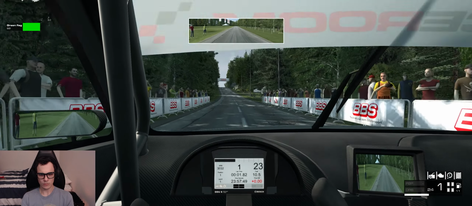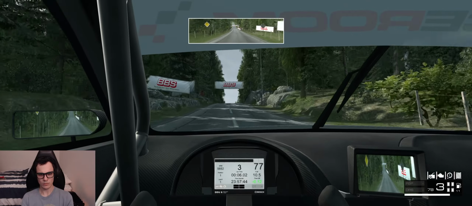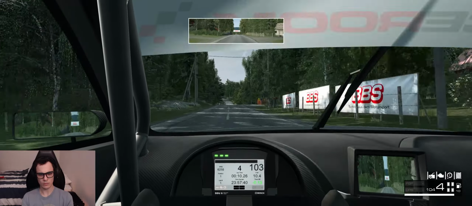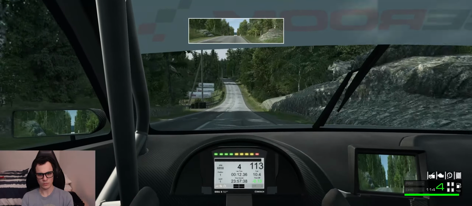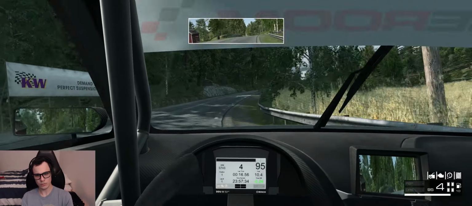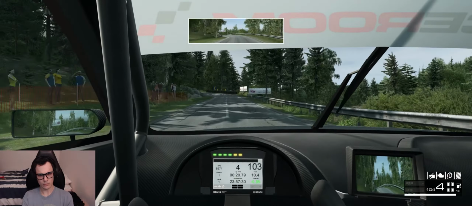Today you are watching some hill climb action from RaceRoom. These are the two hill climb options you have in RaceRoom. The first one being Lakeview Hillclimb and the second one being RaceRoom Hillclimb. And I don't know if they're both fictional. I have assumed that Lakeview Hillclimb is real because it has the Swedish flag on it, which leads me to